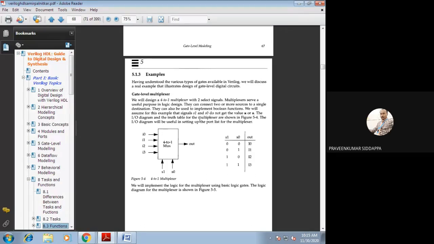That block itself we will convert it. After that, how many select lines are there for 4:1? Here 2^n inputs are there, so n number of select lines should be available for the mux circuits. So n value should be 2 here. Because of that reason, we will get 2 select lines. Depending upon the select lines, we will select the input at the output side. That is what we call the operation of the mux.